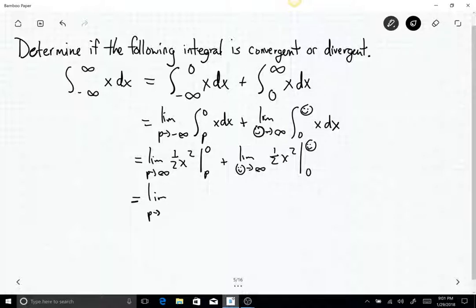And we're going to have to think about this, and I'll explain what most people say and what actually happens. So you plug in 0, you get 0 minus 1/2 p squared. Oh, I'm sorry. I put p as positive infinity. That should be negative infinity right there. And in our second case,